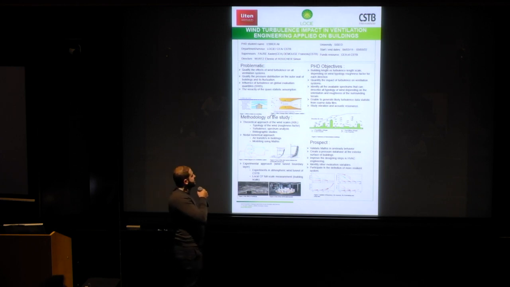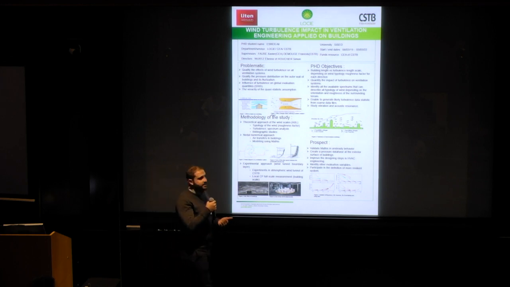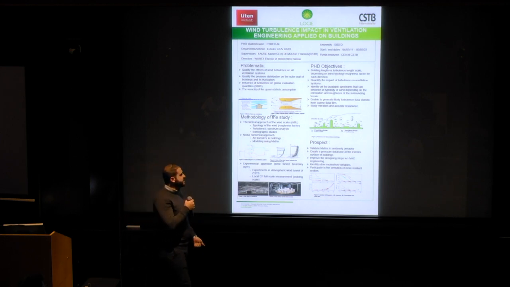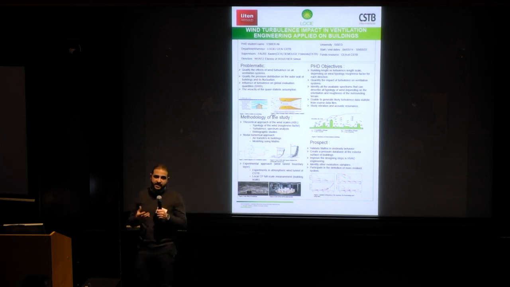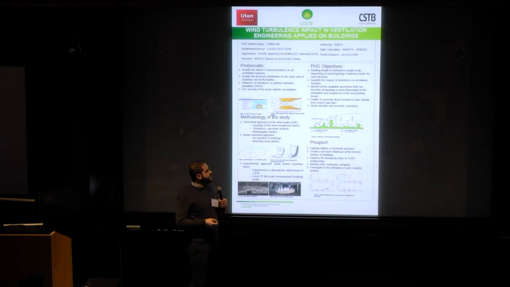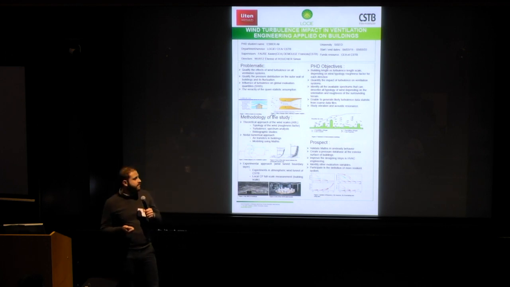The PhD objective is first to make a study of the building's behavior versus the turbulence, especially depending on wind typology and the roughness factor, which is the neighboring environment of the building that we study. Then, to quantify the impact of the turbulence on the ventilation system, and identify all available spectra. Here we are working on the spectra that can describe the turbulence in the wind, like Davenport or Van der Hoven. From these spectra, we will generate the turbulence that will hit the side of the building.